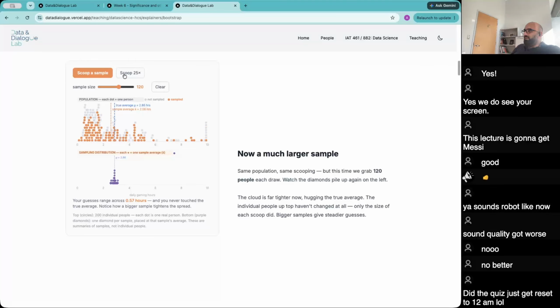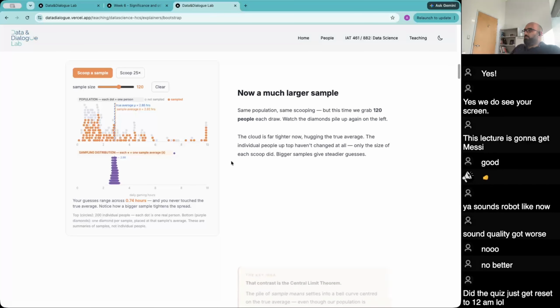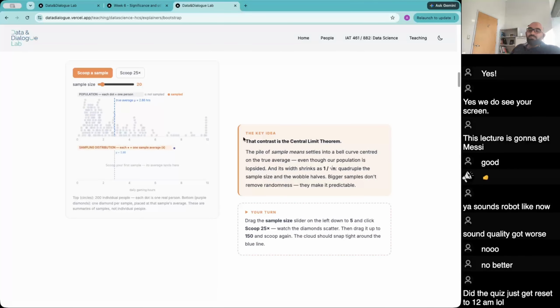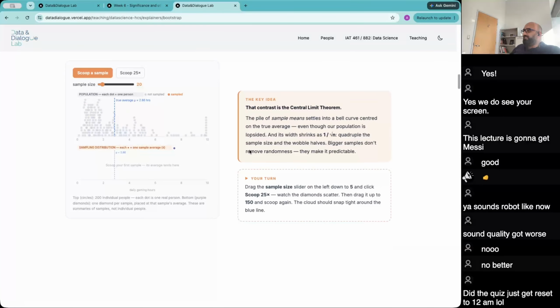So if I keep picking, we're going to see a lot of means. This blue one is the average of the orange ones, and it's closer to the true mean. So when we pick larger samples, the mean of those samples is going to be closer to the mean of the population. You might have heard about this if you've taken a stats class. This is called the central limit theorem. Essentially, the pile of sample means settles into a bell curve, a normal distribution. It always just tends to be true, even though our population is not a normal distribution.